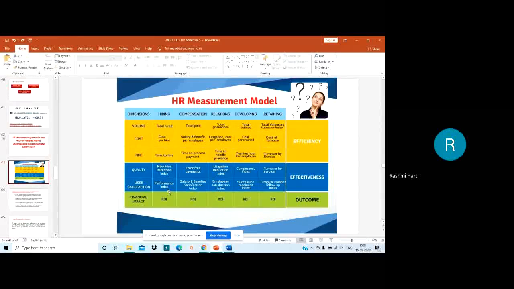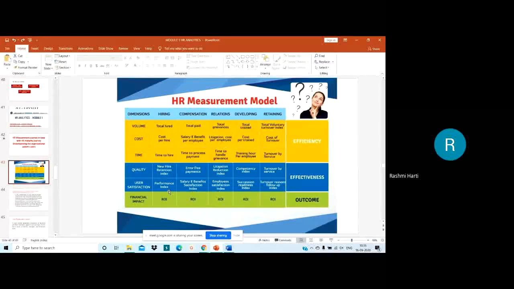Then developing, right? See to it that there is growth for the employees within the organization. With the employee growing, the organization also grows and sets the best benchmark within the industry, right? Then retaining, right? ROI, return on investment: when you are retaining your employees for a longer period of time, 100% your ROI will be achieved. So if all the ROIs are achieved in these functions of HR, I can say that yes, the HR is giving positive outcome, and it is efficient and effective enough.